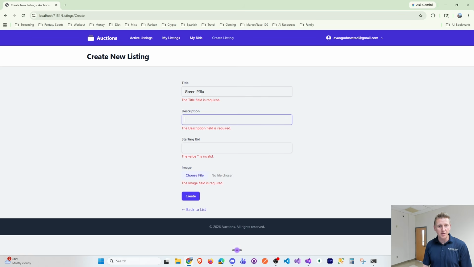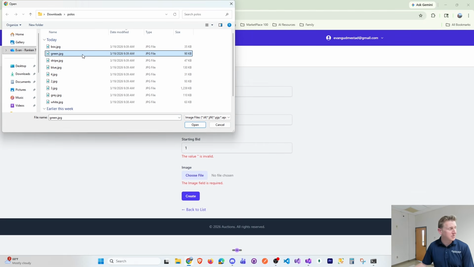just highlight one unique thing here. Tomorrow we're going to clean up the validation, because this validation needs some work. An amazing green polo, $1 starting bid, and I have a bunch of images that I've downloaded into a folder here,